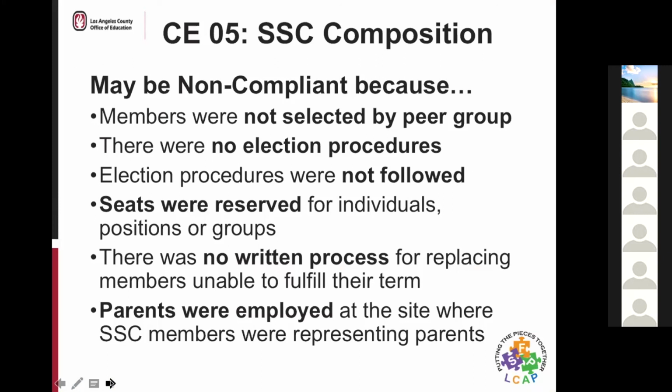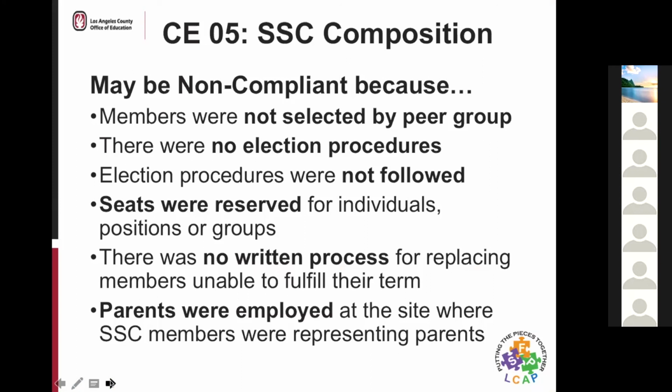Also, with school site council composition, some of the reasons why particular schools were found non-compliant were that members were not selected by a peer group, or there was no evidence of election procedures, or that the election procedures were not followed.